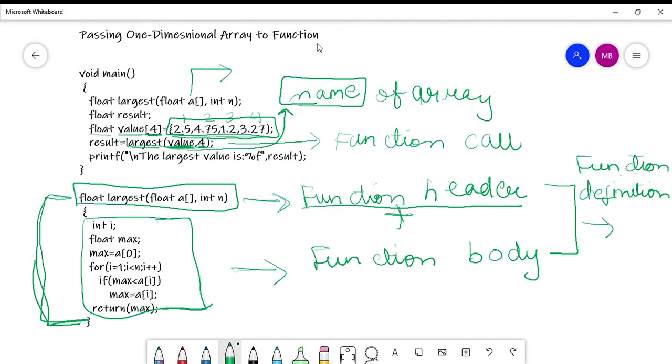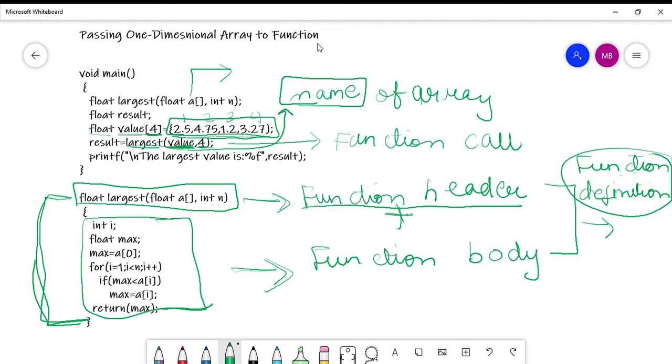So when these are appropriately defined, I say that the function is properly defined. So this is how a function header looks. It consists of the return type of the function, the name of the function, and then the list of parameters that are required as arguments inside the function.